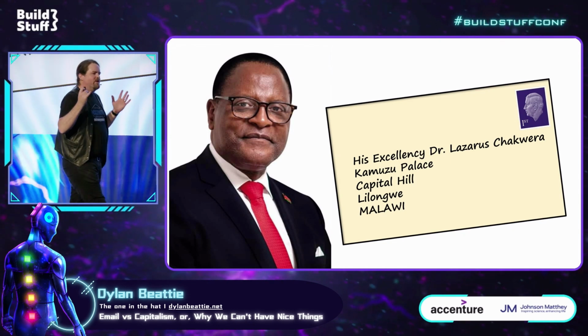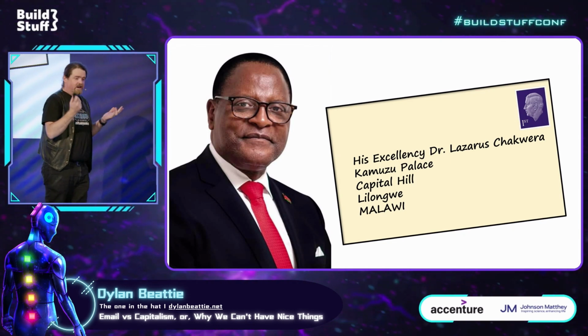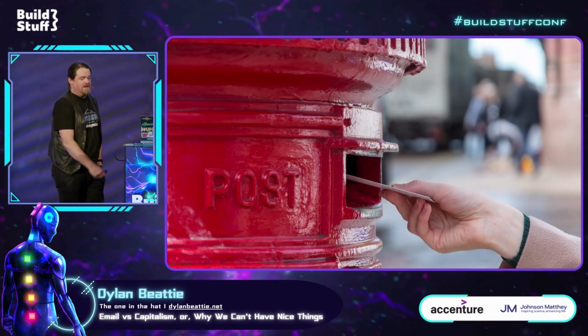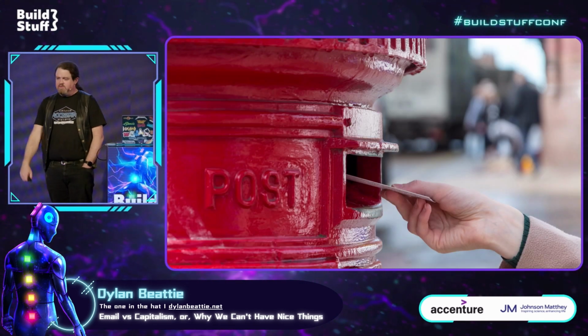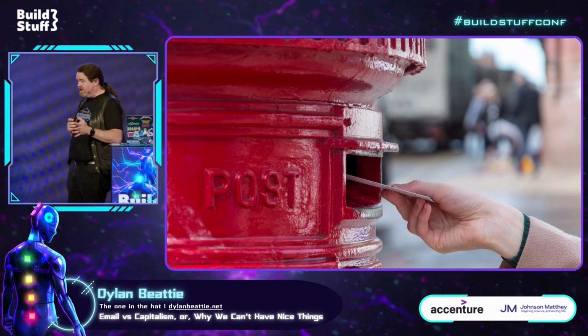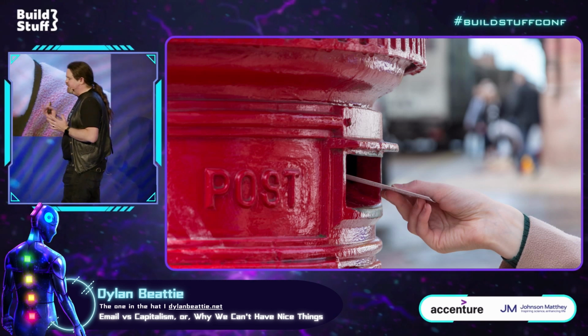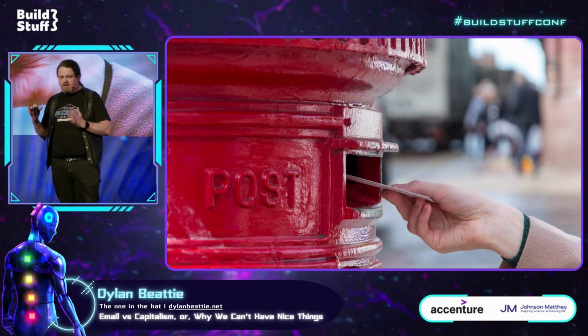This is not how we send messages using surface mail in real life. What we do is we're not going to go all the way to Malawi. We're going to go to the end of the street, and we're just going to put that into a post box, and we're going to let the infrastructure handle delivery. And in the real world, this works and is relatively reliable and scalable because there is a cost associated with